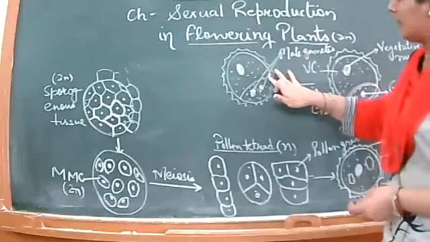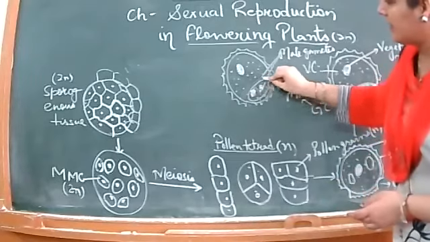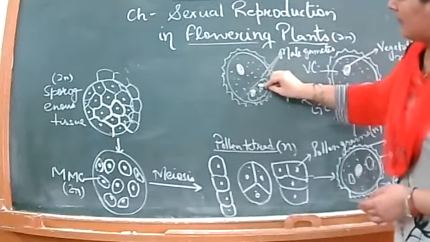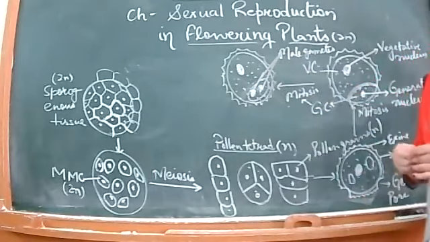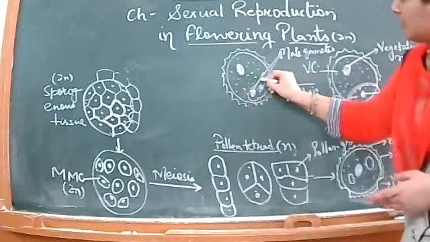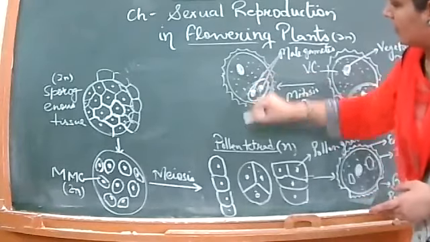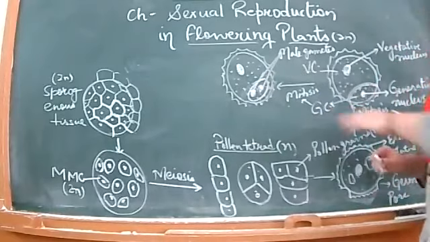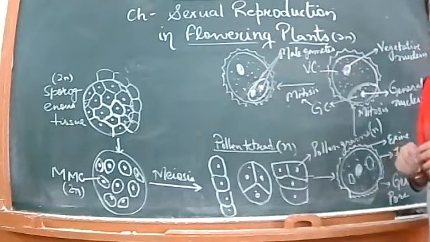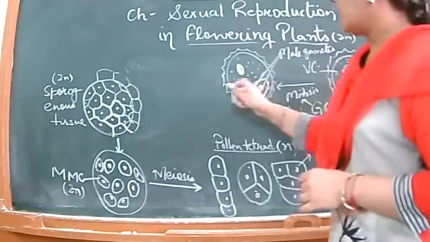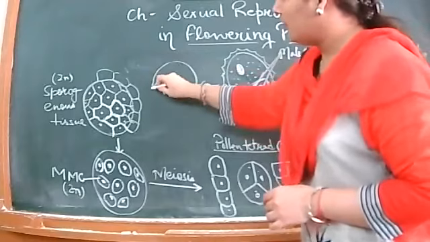ठीक है, आप इसको अलग भी बना सकते हैं. This actually cuts off. Cuts off means it is like this, which is floating within the cytoplasm of the vegetative cell. Okay, so this is the cell with its own wall around it. तो ये इस तरह से सेल है, और ये सेल जो है that is floating within the cytoplasm of the vegetative cell, right? So further what happens is there is a formation of the pollen tube.